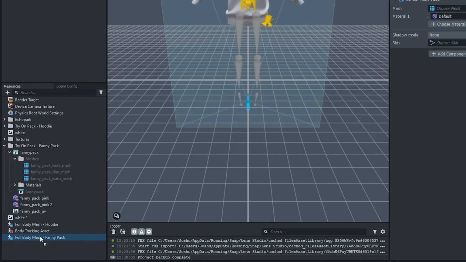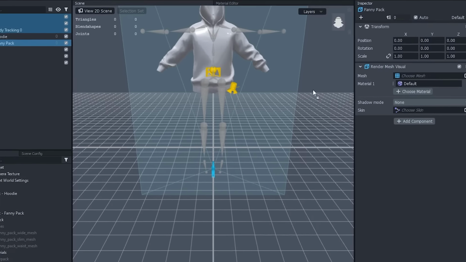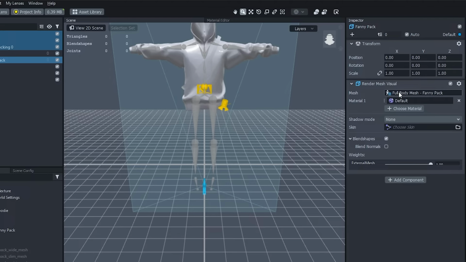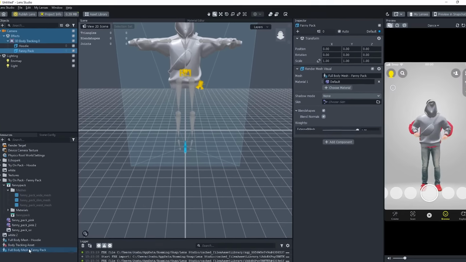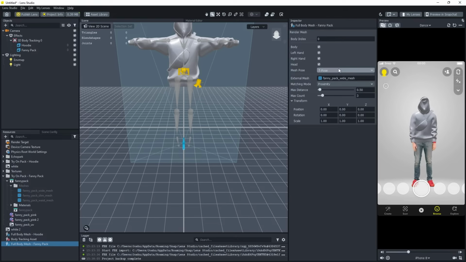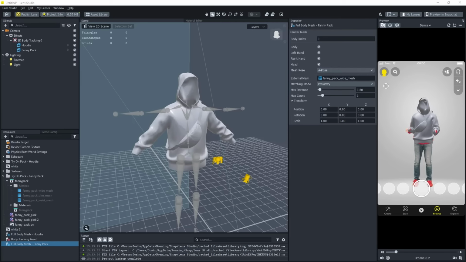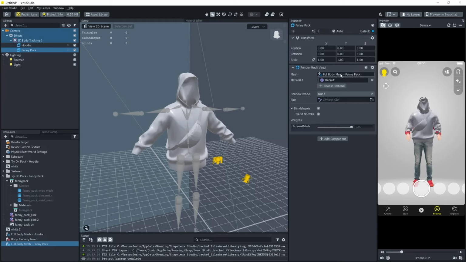Drag the Full Body Mesh Fanny Pack from the resources to the Render Mesh Visual mesh property. Just make sure you hit the Blend Normals checkbox on the fanny pack as well. Now it's time to have some fun with adding some materials. Let's start assigning the accompanying material to the fanny pack. Select the fanny pack and in the Render Mesh Visual component, assign the fanny pack pink material to the Material